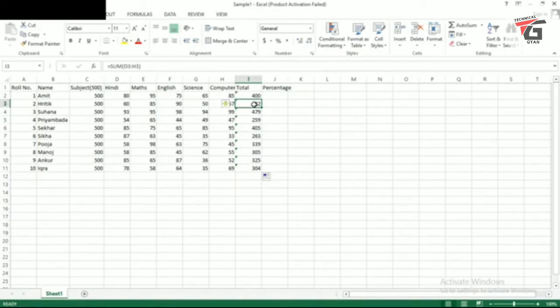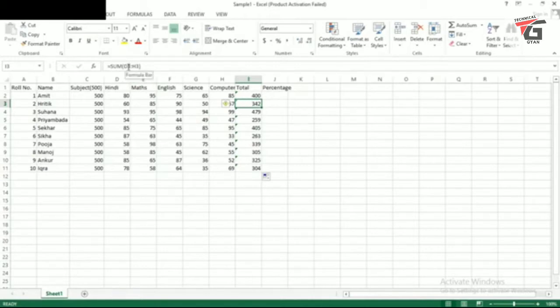By default we use the relative cell reference. Whenever we drag any formula or any cell which contains the reference to some other cell, what will happen? In the next cell till where we will drag, the next cell address will be copied. Okay, so we can see here in the formula bar